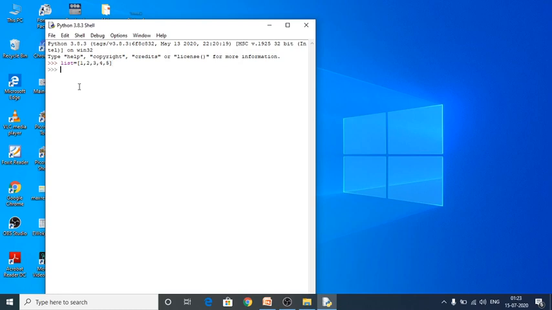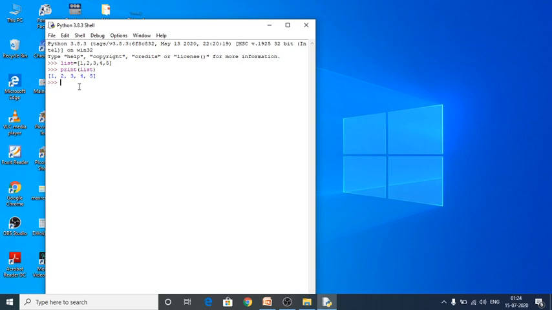Already you know what is the use of that three greater than symbol, and if the three greater than symbol is there, there is no error while creating the list. Now I'm going to print the list. For printing the list, we have to give print statement. Within the bracket I have to give list. After giving that one, yes, my list numbers are there, and this is the way to create a list in Python.